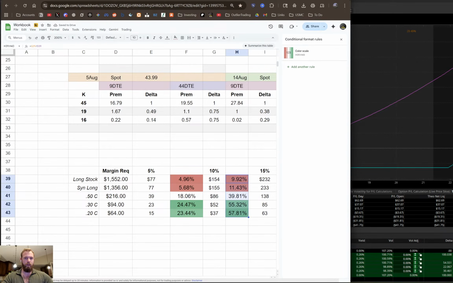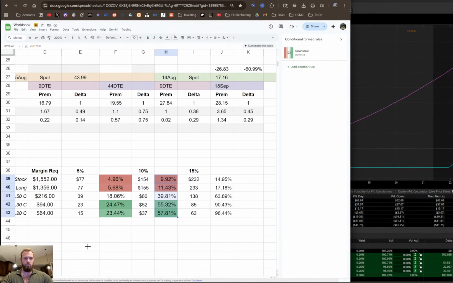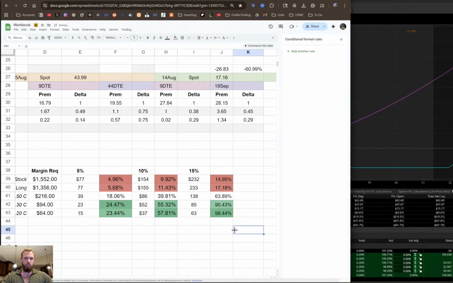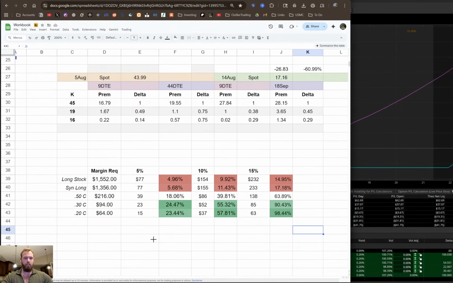So going back to the point that started this whole thing, talking about a synthetic long. The issue with the synthetic long when vol is high is you're optimizing for the wrong thing. It's because more of the decision should come down to what is your expectation versus what you think is going to happen.